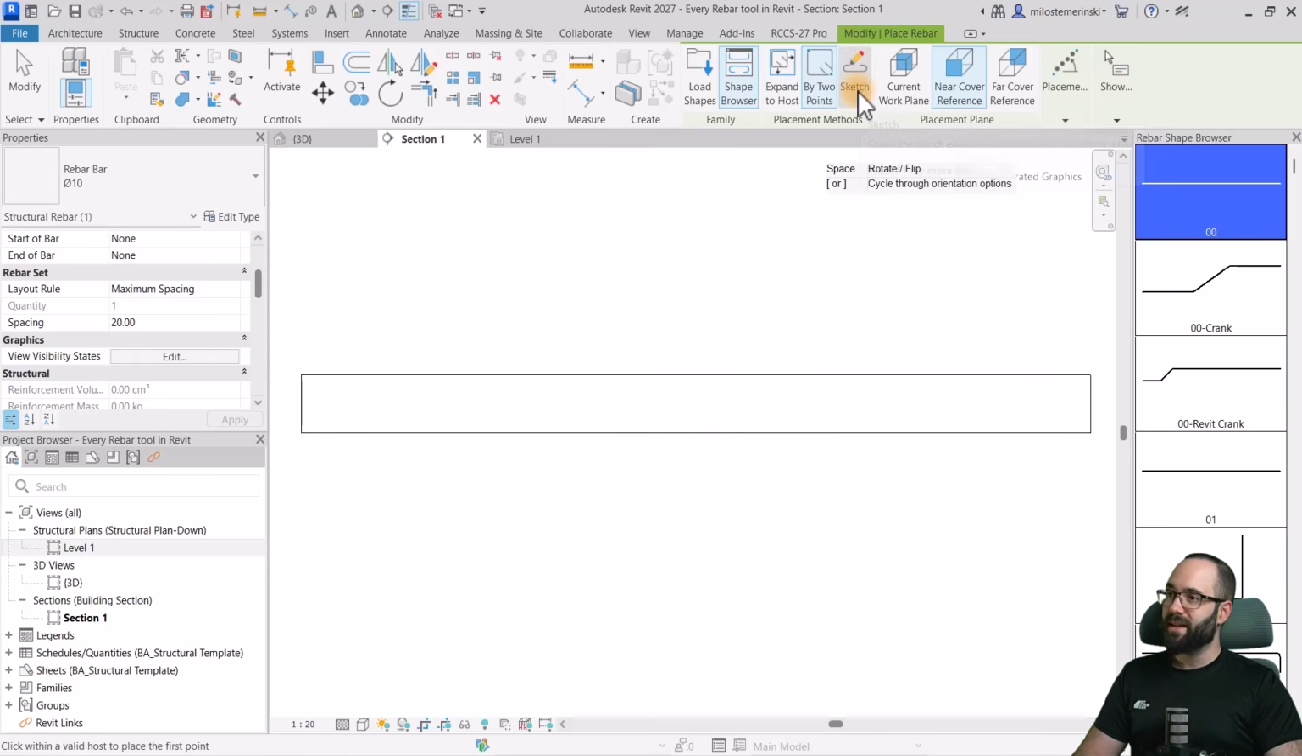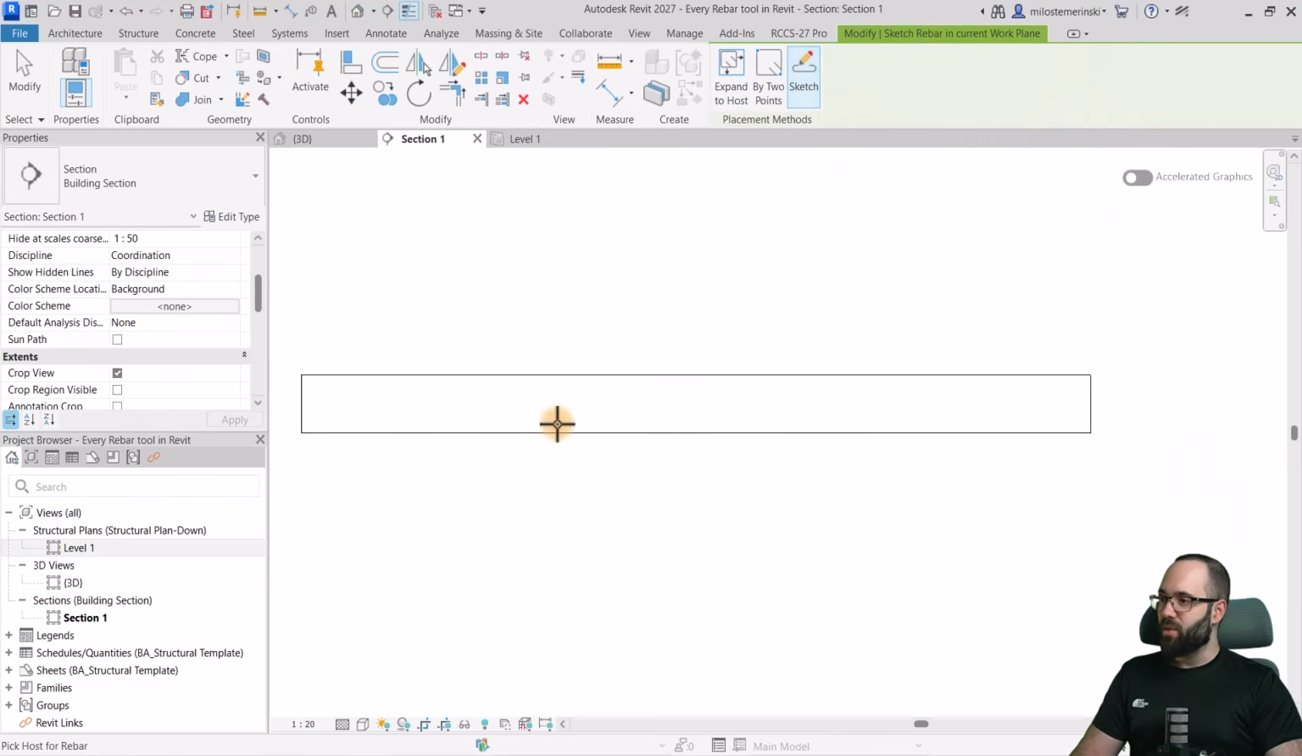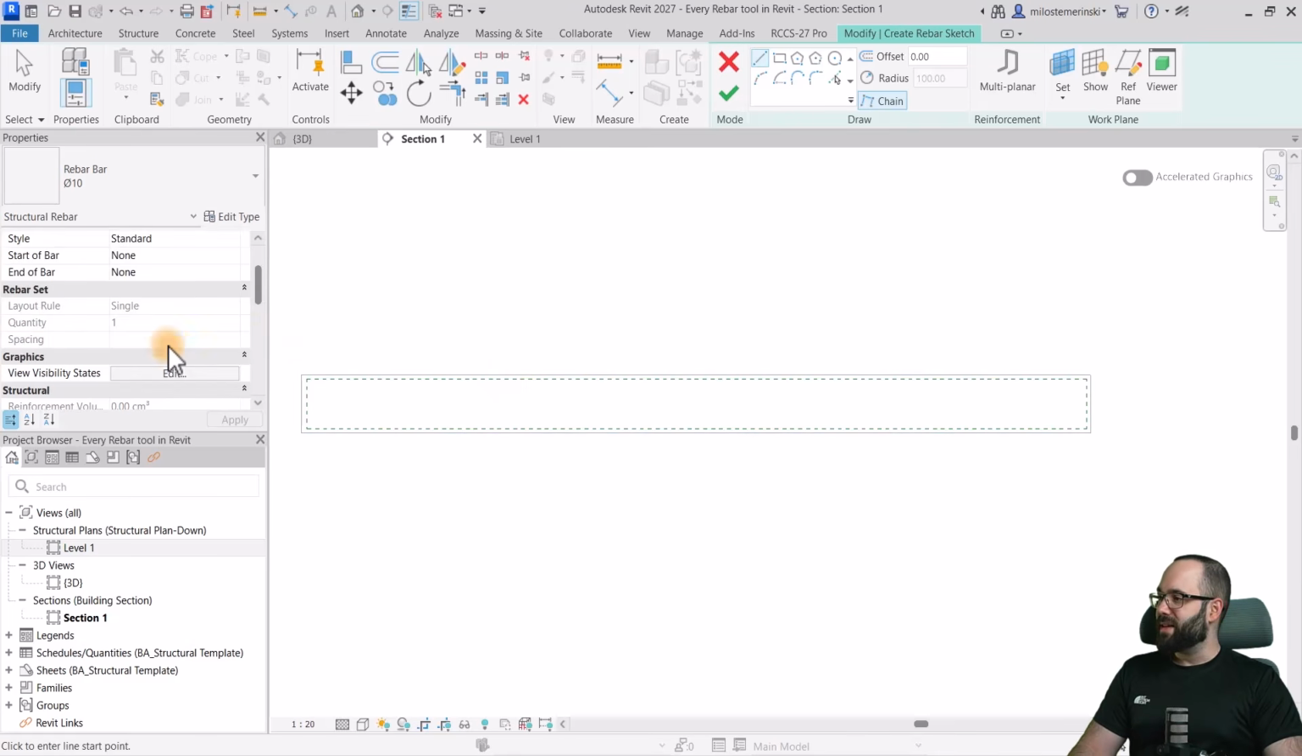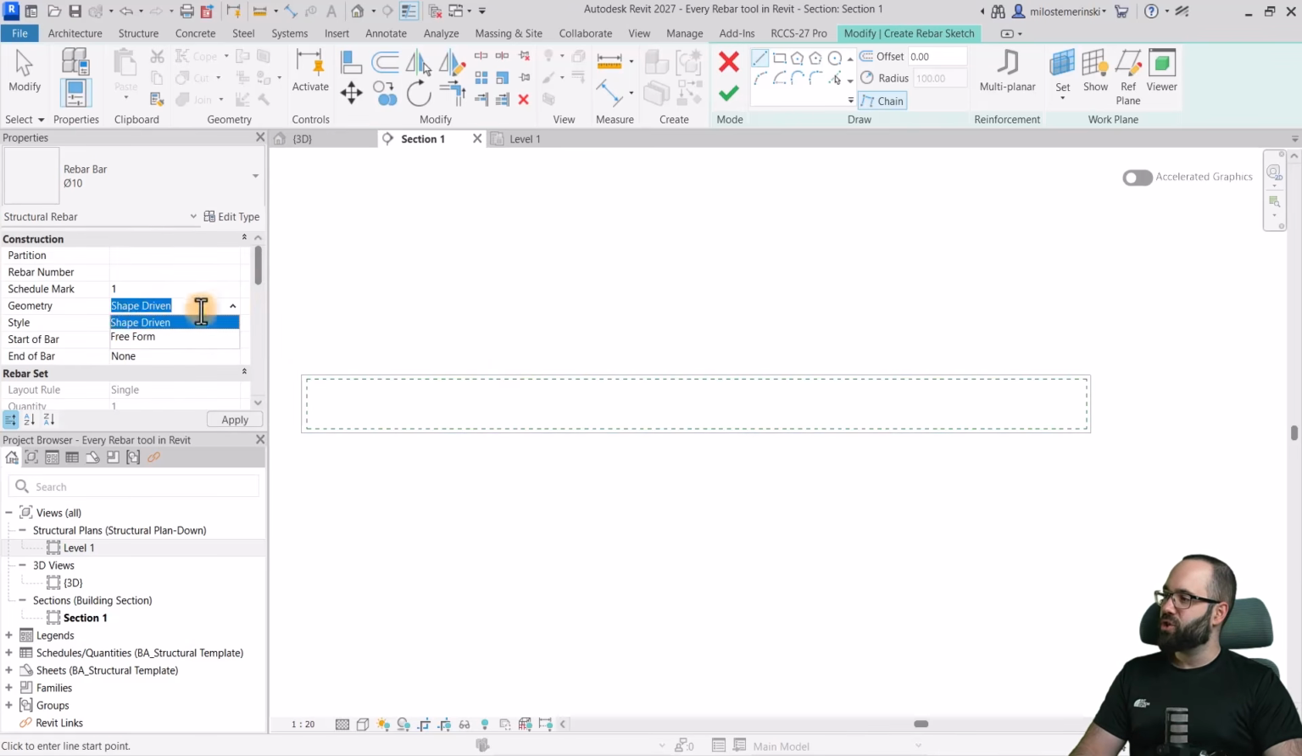Okay, now let's pick the sketch option. So by sketch, you then just simply come here, you click on the element, and now you can start sketching. Now you can see there are no shapes available because, well, we are supposed to sketch out the shape. Now what I'm going to do is I'm just going to go here and make sure that this is set